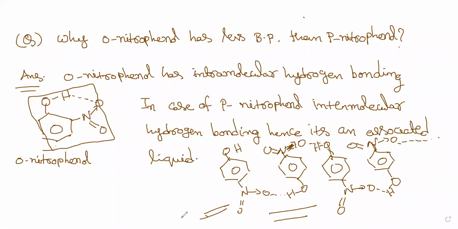This physical property is utilized to separate the nitrophenols. How do you separate ortho-nitrophenol and para-nitrophenol? It's just by distillation, because the variation in the boiling point is large due to intermolecular and intramolecular hydrogen bonding. Based on this fact, you can separate the nitrophenols. So these are some of the important questions on the physical properties, especially of phenols.